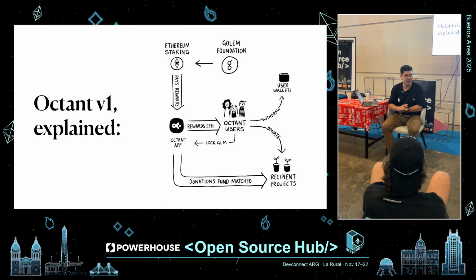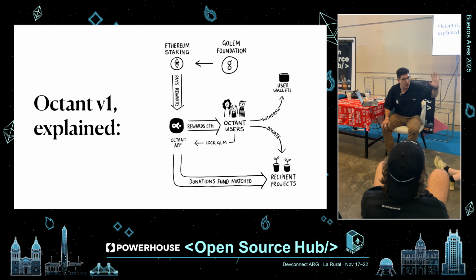the way the voting works in our case is via the individual rewards that the Octant GLM lockers receive. They can either withdraw it to themselves as individual rewards, or they can donate it, and if they donate it, it's going to be matched by, sometimes, 500x because of the size of the matching fund. All our metrics are open source. I can send it to you later, so I can show you.